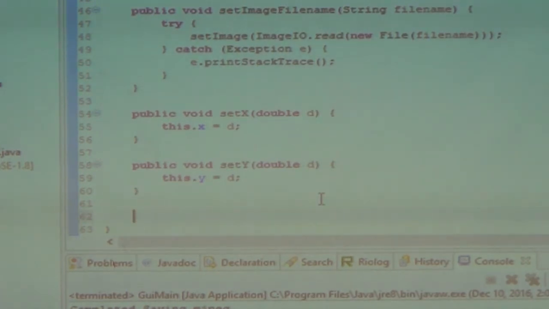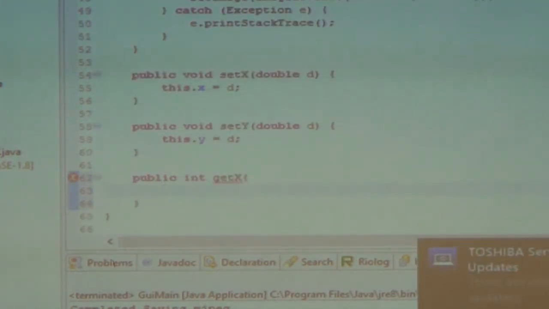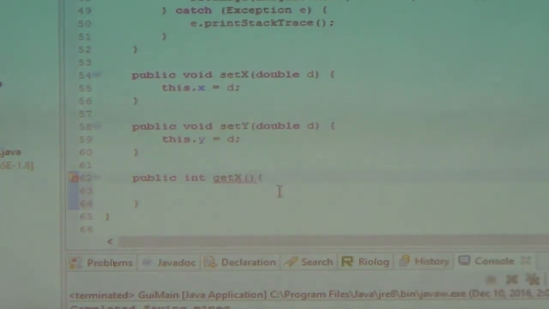We need the position of the rectangle. So in the Android class, you're going to have to add public int. You're going to have to add two methods. Public int, who can tell me what they think the first method would be? Get, yeah. Okay, and then what is that going to return? Then you're going to return